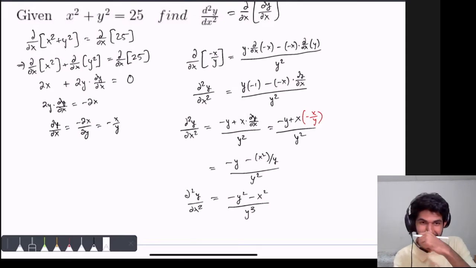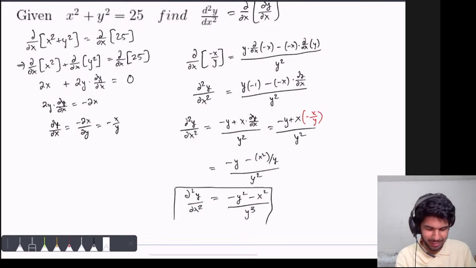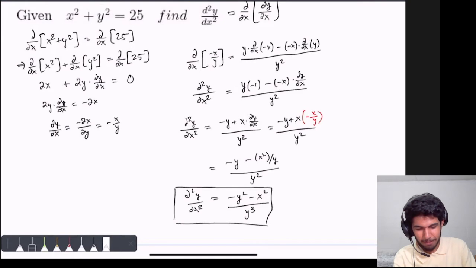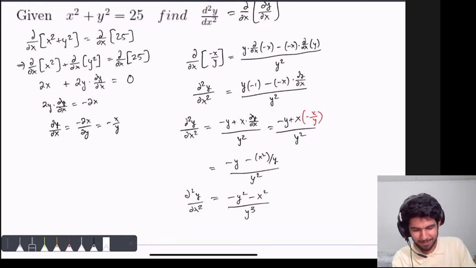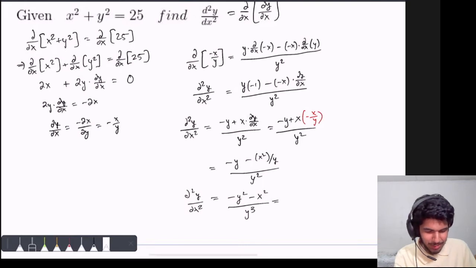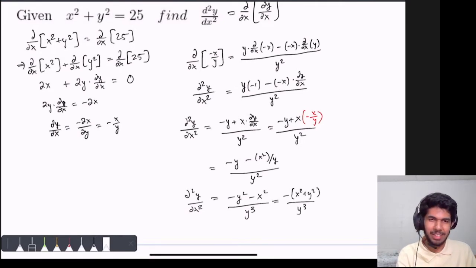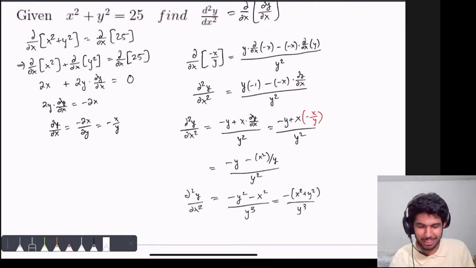Almost. In fact, this is basically the correct answer. But we can simplify it even further, believe it or not. This is equal to negative x squared plus y squared, all of this over y cubed. And you might think that's not much of a simplification, but in fact it is, because we are given x